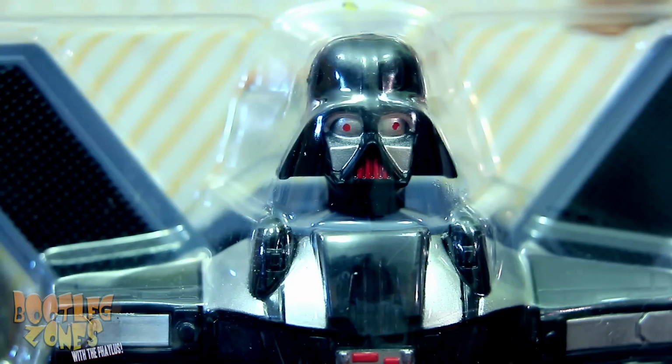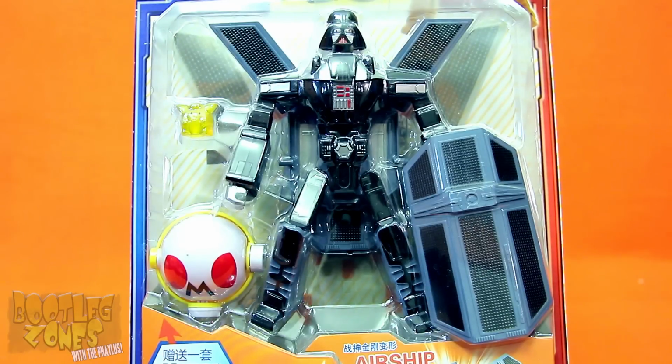Seriously though, look at that Darth Vader face. I love when they do this. It should be so easy for them to pull off a Darth Vader, but they do this type of crap to him so often. Only some of the Pokeballs that these guys come with are based on real Pokeballs, like